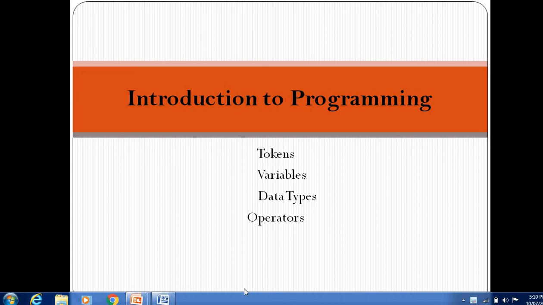In this video, we have started to learn the basic concept of learning the C programming, that is nothing but introduction to C programming, which means which basic techniques or which basic steps we need for writing the program. So here we are starting to learn these techniques. In this video we first learn the C tokens and variables. Afterwards we will see the next parts, that is data types and operators. So first we see the concept related to tokens and variables.